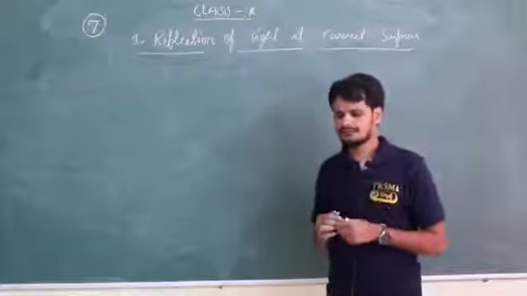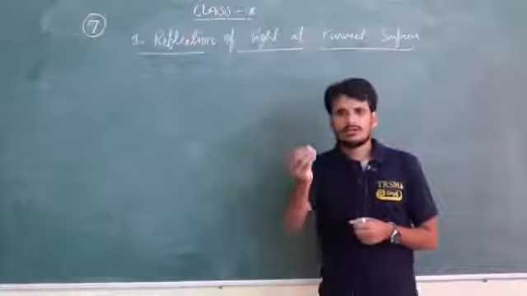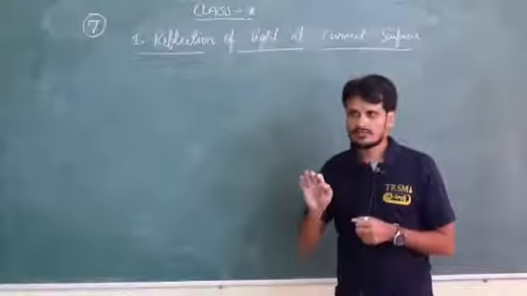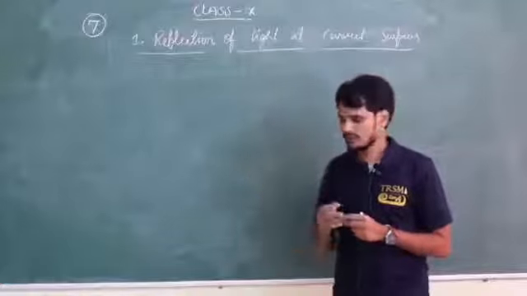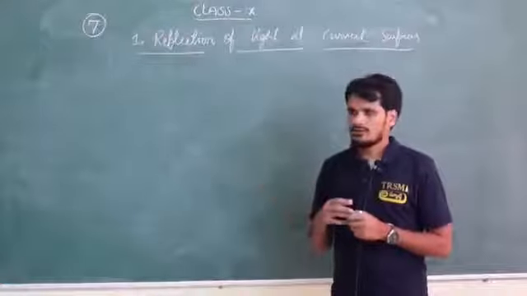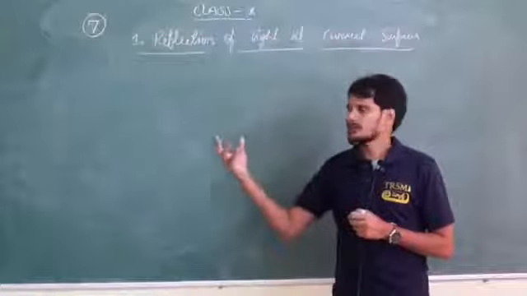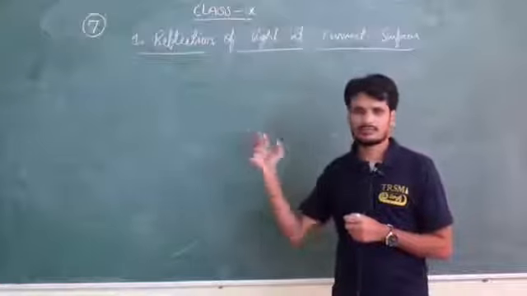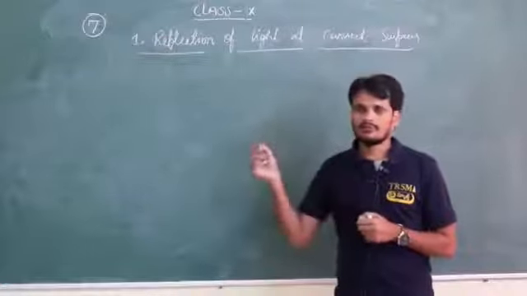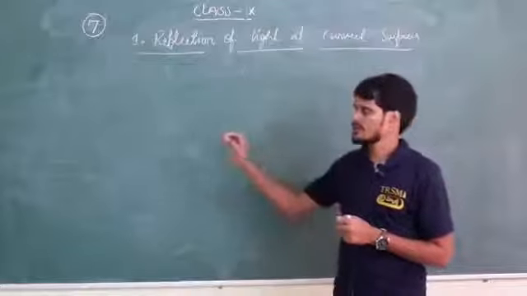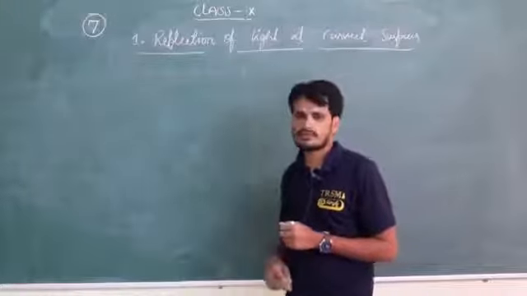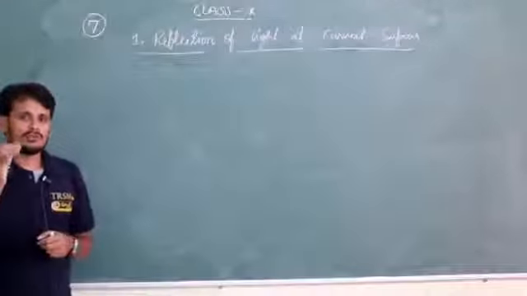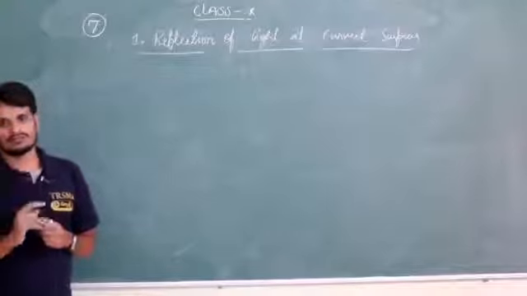Suppose, imagine, one concave mirror is given, and that concave mirror is not marked with a focal length or anything. If you are doing an experiment with any concave mirror or any lens, it has some focal length and some radius of curvature. But one mirror is given without mentioning the focal length and radius of curvature, just an empty mirror. How can you find the six positions of images using that mirror?